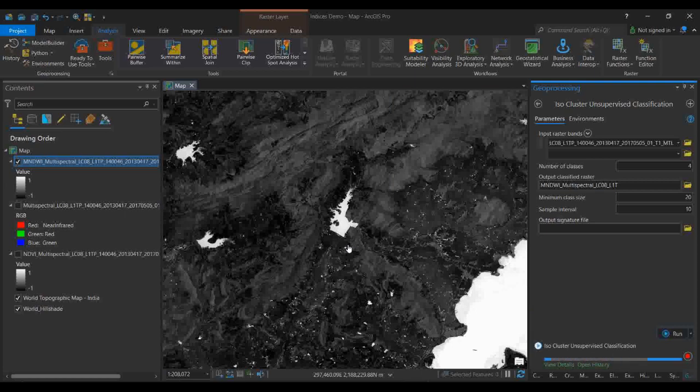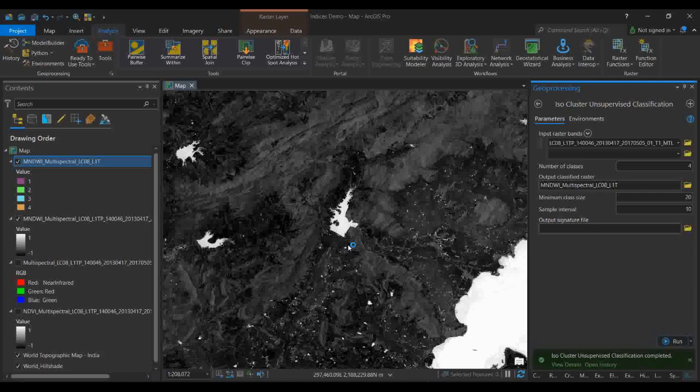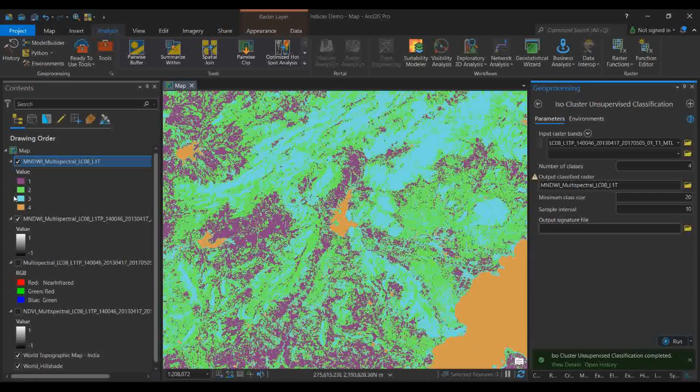So within these 4 groups, there is some value which is the higher value, that will be the 4, because here I did water indices, so whatever the higher value, that will be my water body. Okay, that's why whenever I am classifying it, the high value will be my water body. So see here, 4 is my water, it is coming very nicely.